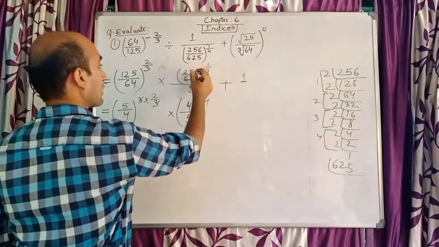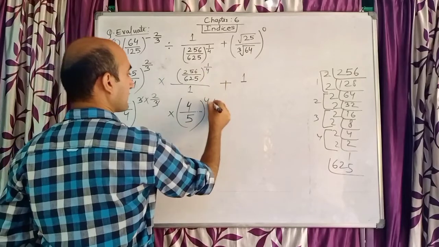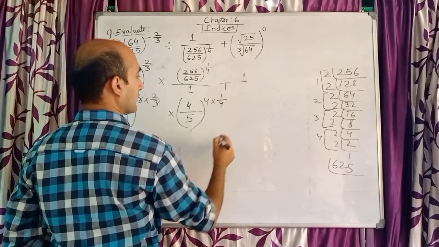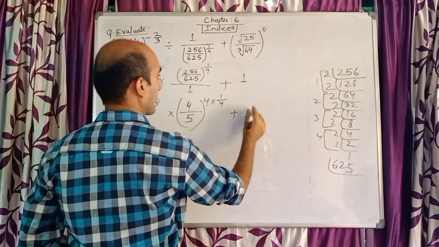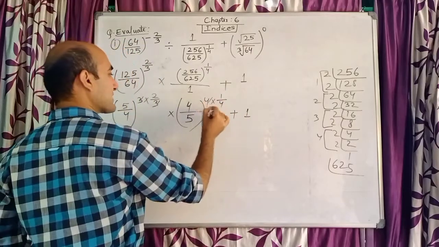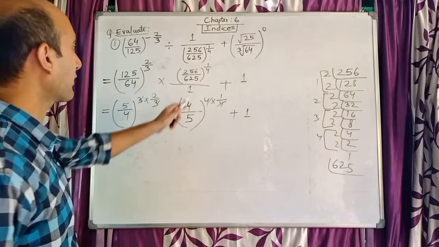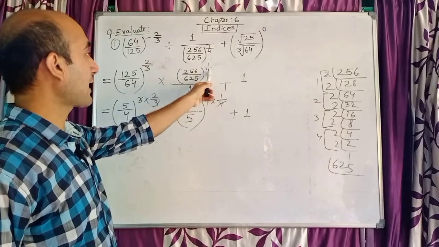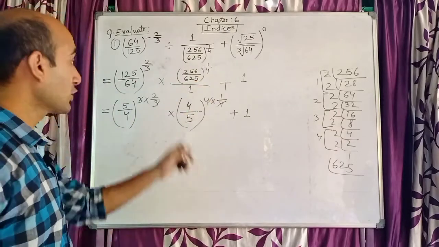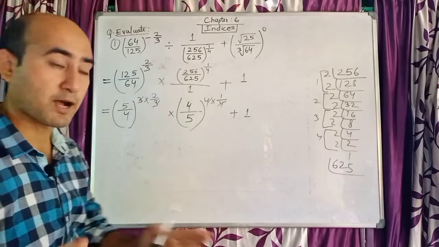And at the top, what do we have? At the top we have into 1 by 4 and now plus 1 here. So to cancel this 4 and 4, all this rough work we had to do. So very important, looking at the fraction power, the denominator part, you have to decide the internal numbers' power.